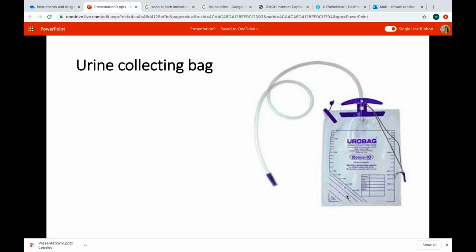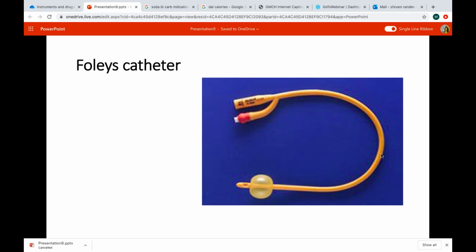Some of these markings are completely vertical and some are slanting. The vertical markings would be larger, like 100 ml, 200 ml, 300 ml. And when the urine output is less than that, you will have to tilt the bag, and here the markings will be smaller, 25 ml, 50 ml, 75 ml. So this is for measuring the urine output. And to collect the urine in the Euro bag, you need to use this device, which is called the Foley's catheter. Indications essentially remain the same. They can be used in an unconscious child to collect urine, obviously, because he cannot be told to pass urine, and it can be used in a child in shock to measure renal perfusion and to measure urine output.